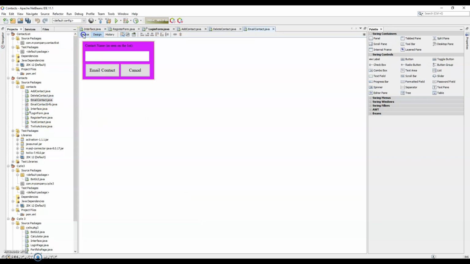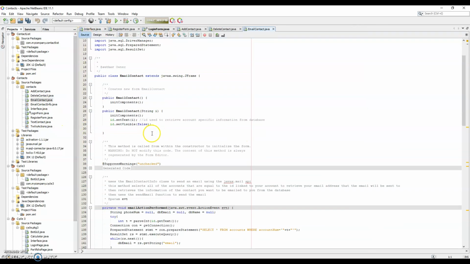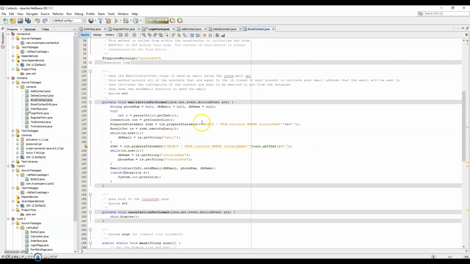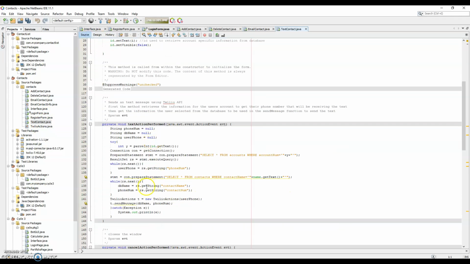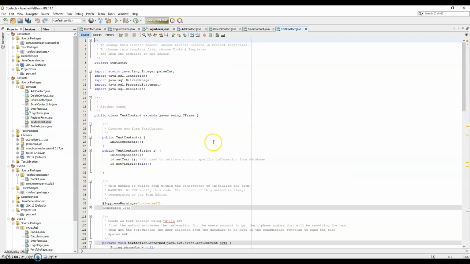And then as far as the email contact, I created a method called, what was it, email contact info send email, but that function doesn't work due to errors within the API, so I wasn't able to get that working. The same thing with the text contact, I created a function within the class called send message, but that didn't work, so I don't really see it necessary to explain those. So that is my project, and